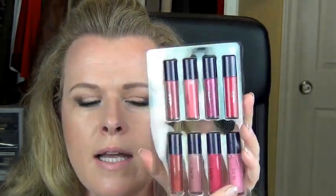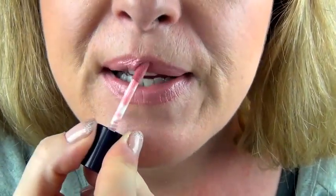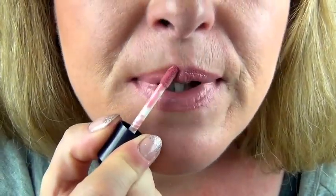There's the lip glosses. I'll take, what do I have on my lips? I have pink on my lips now. I'll take this one up here. This colour here is Jenna, and I'm going to pop that on. These are usually quite pigmented, and they are, but they wash out sheer. I'm putting this over my lipstick, which is Victoria's Secret Naked, which I love. So you get 8 of those,